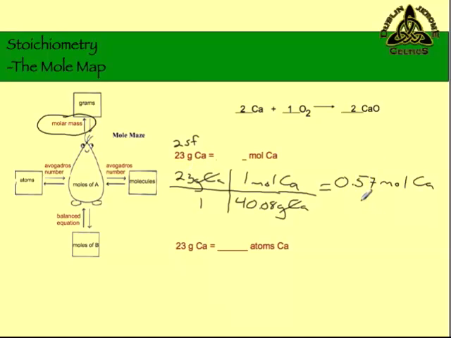But let's say I didn't want to stop there. Let's say if I had 23 grams of calcium, I wanted to convert to atoms of calcium. How many atoms, individual calcium atoms, are there in 23 grams? Well, I can figure that out with my mole maze. I need to go,